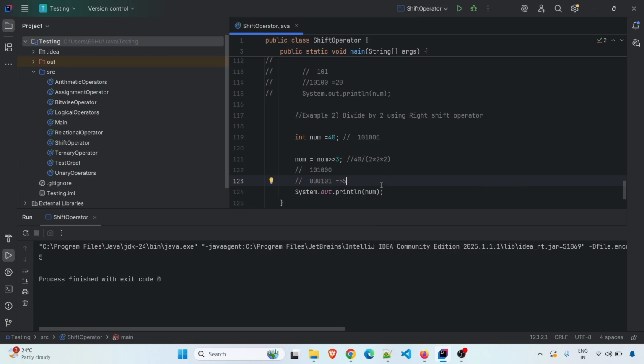So that was all for this video. We have seen left shift operator, right shift operator, and right shift operator for positive number, negative number, and unsigned right shift operator. I hope it was clear,